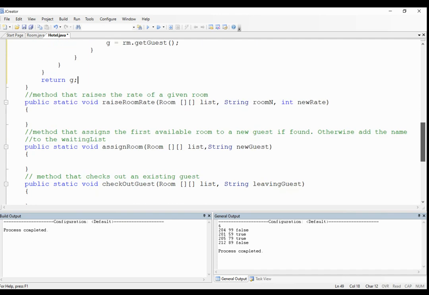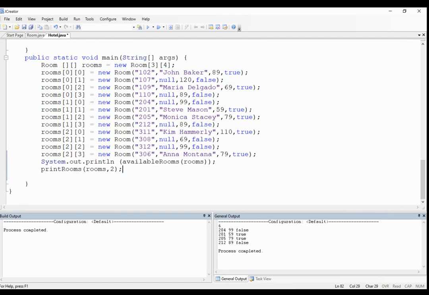So let's call the method, make sure it's working. I'm going to put System.out.println, and the name of the method is searchGuest. It accepts the 2D array and then the room number. Let's start with a room number that is occupied, let's say 311. So 311 is occupied. We should return the name Kim Hammerly. So if we run the program,